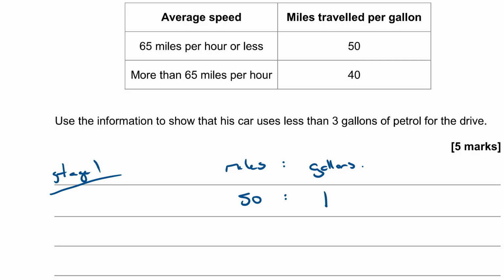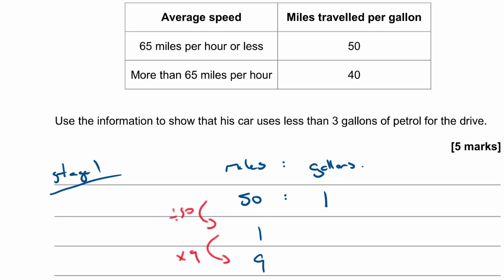So from that I could work out how many gallons I can do in 1 mile by dividing by 50, and then I can scale it up again. I'm using the unitary method here, aren't I? So going via 1, divide by 50 and times by 9 will tell me how many gallons I need